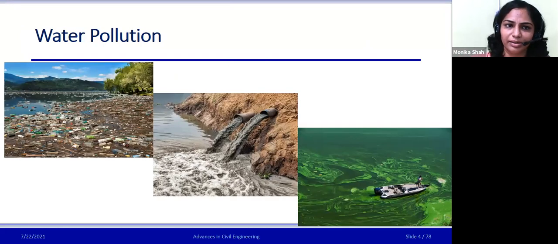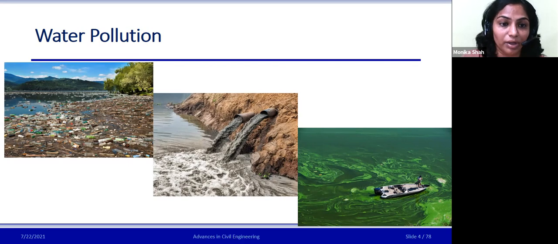Let's talk about the basics of pollution, how the pollutants are getting generated and treated. First, we are going to discuss water pollution. If we are talking about water pollution, in this first figure,